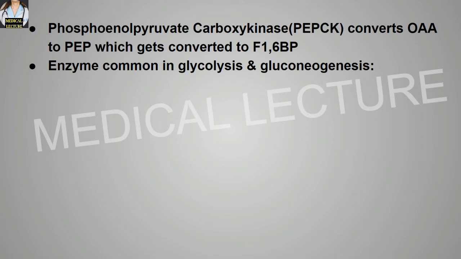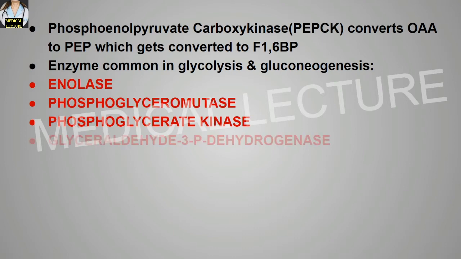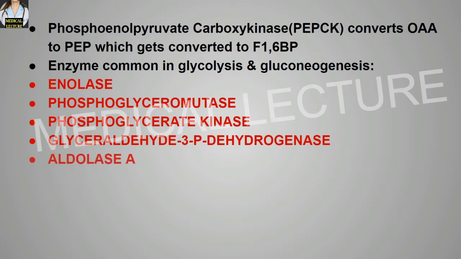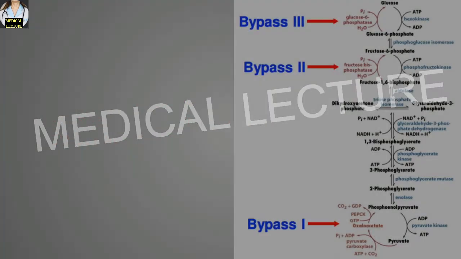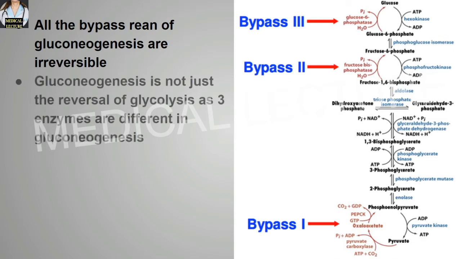Enzymes which are common in the glycolysis and the gluconeogenesis pathway are enolase, phosphoglyceromutase, phosphoglycerate kinase, glyceraldehyde 3-phosphate dehydrogenase, and aldolase A. All the bypass reactions of gluconeogenesis are irreversible. Gluconeogenesis is not just the reversal of glycolysis, as three enzymes are different